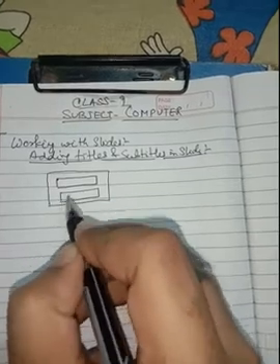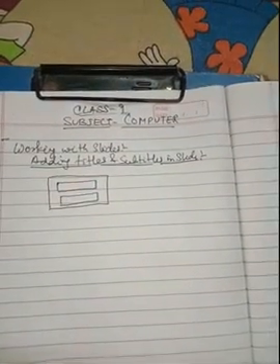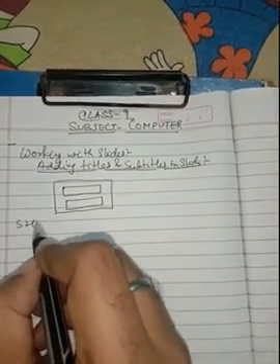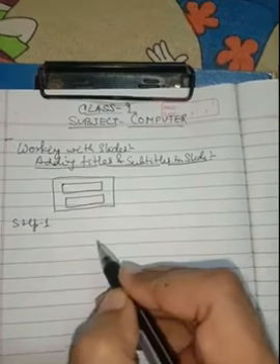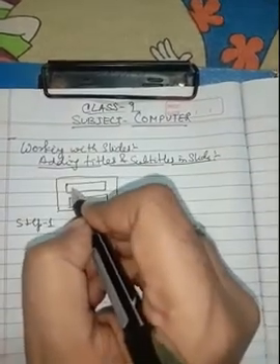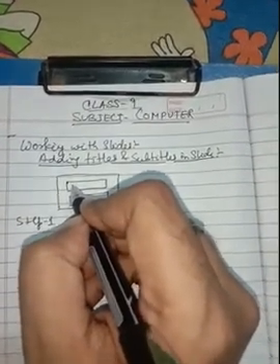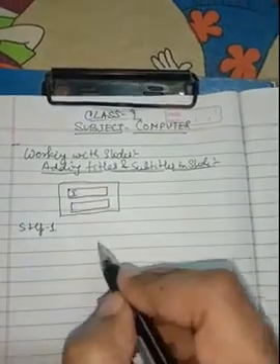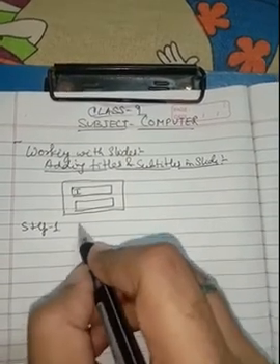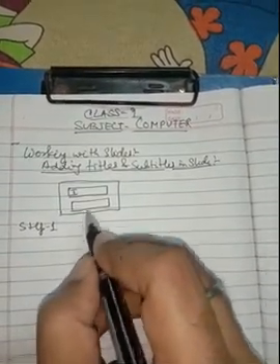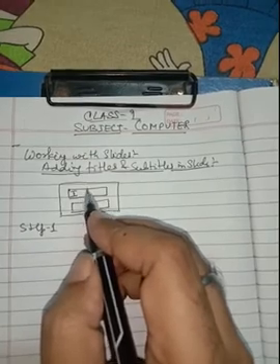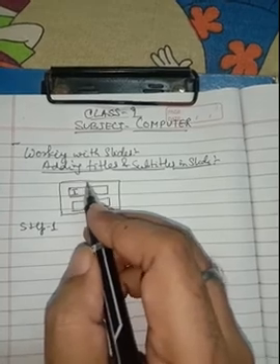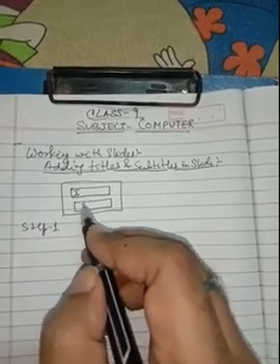So in order to add the title and subtitle, first of all, what step do we have to do? Step 1 is, first of all, click on the title box placeholder. This is the title box placeholder. Left click over here. As soon as you left click over here, the cursor will appear over here. So now here you can type the title of the slide. So the insertion point will appear in the blinking placeholder, and you can type your content over here. After typing your content over here, now you can move to step 2.